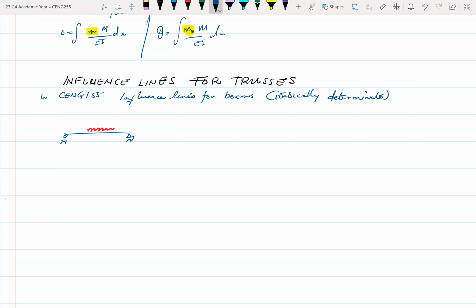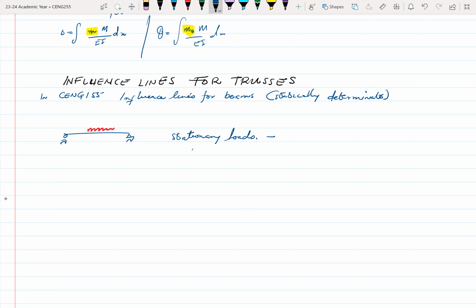The loads are stationary, which means that the loads are not moving. And based on these fixed loads, we determine